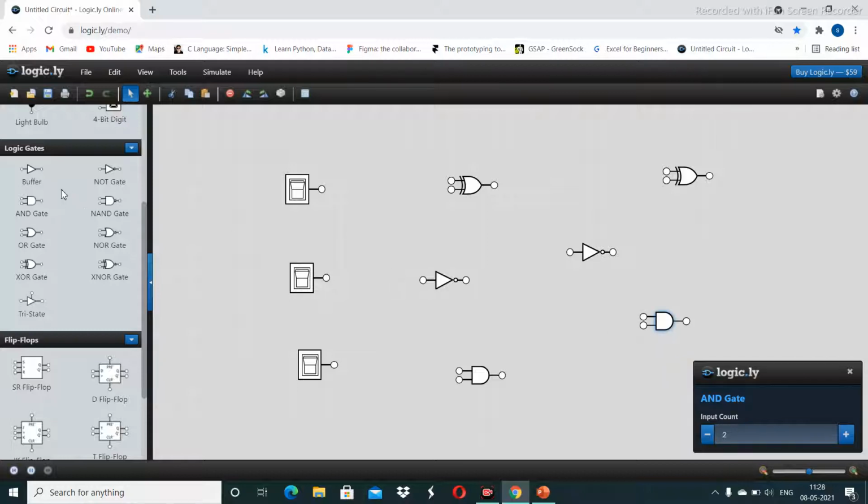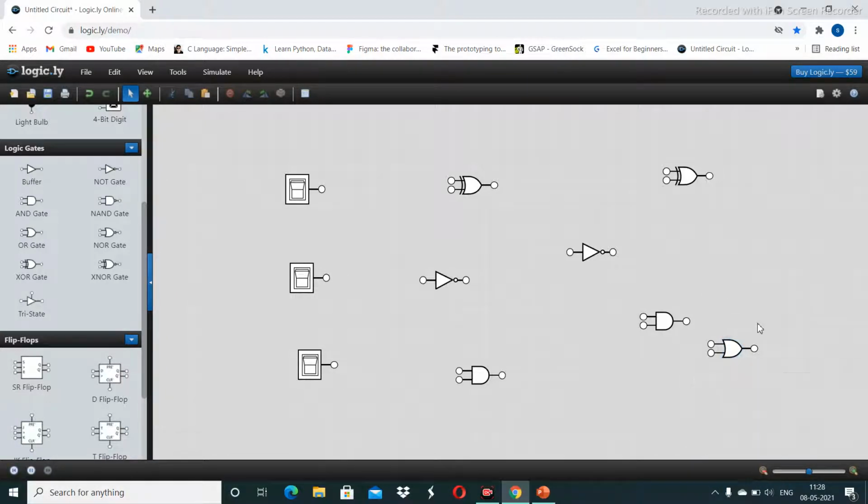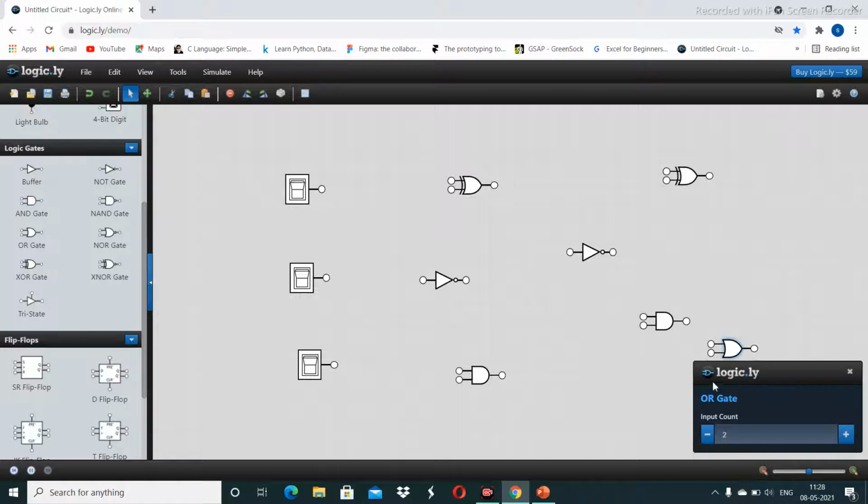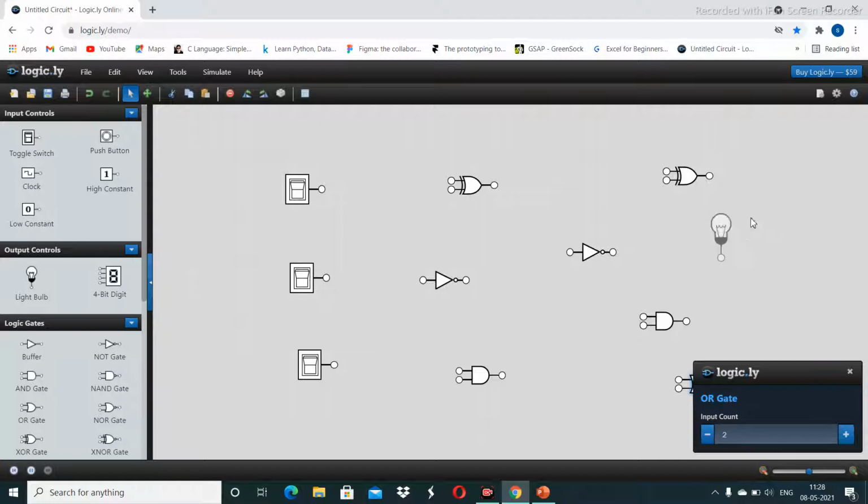And we need 1 OR gate. Okay, then we need the output controls, 2 light bulbs.